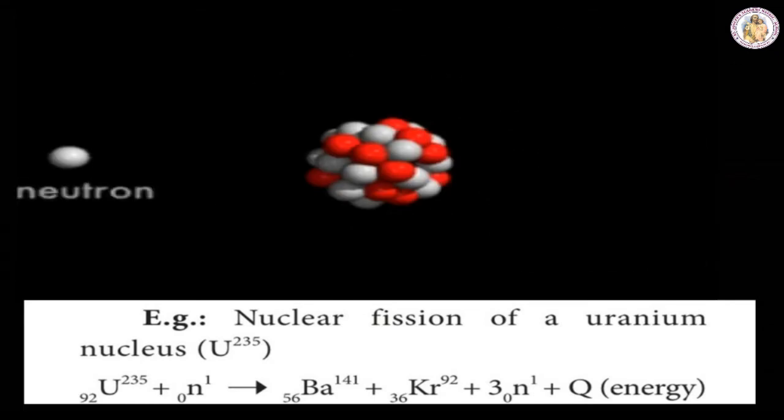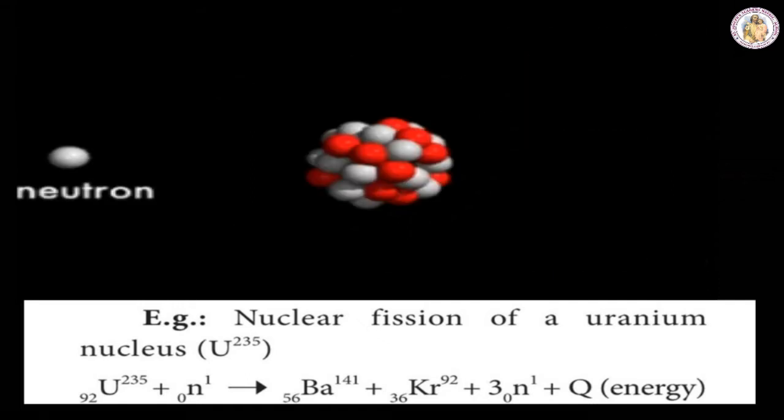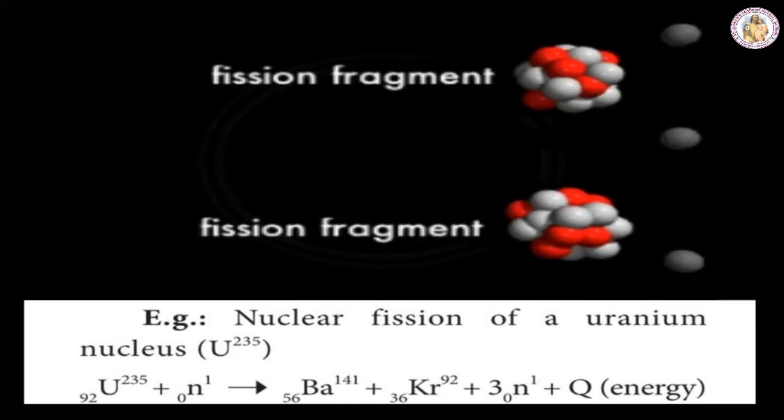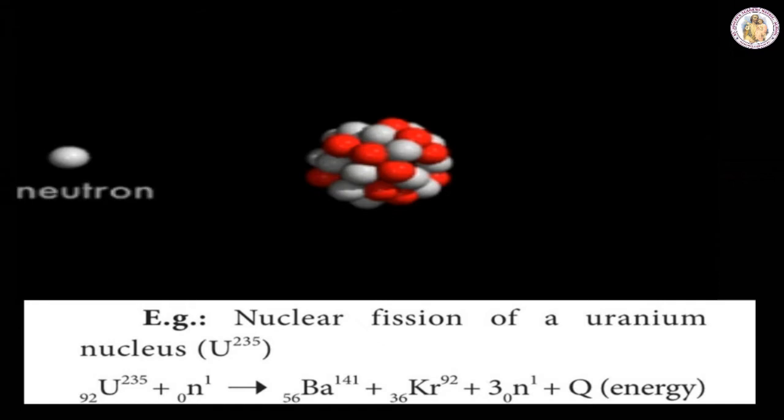When you see the image, we can find neutrons, n, represented as a few neutrons. So when this heavier nucleus undergoes nuclear fission, it splits up into two lighter nuclei, barium and krypton, and a few neutrons are also formed in this process. At the same time it releases a large amount of energy. So that energy is called what,